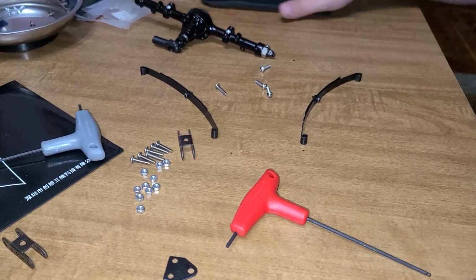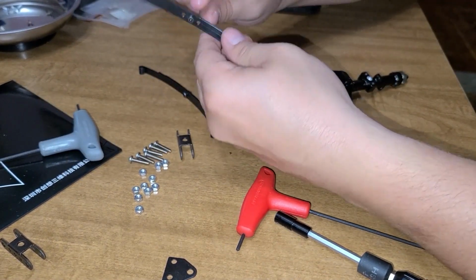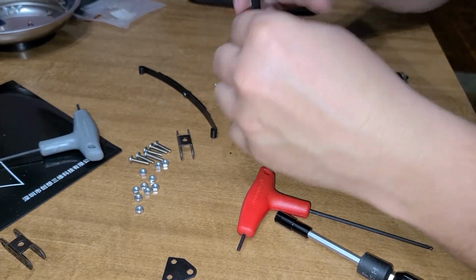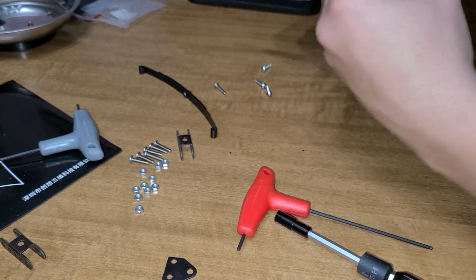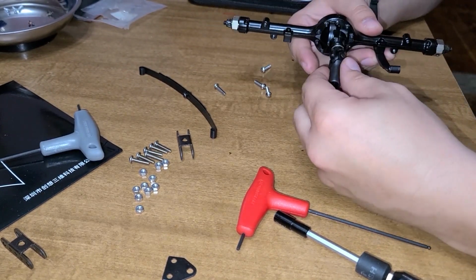So I made a mistake. I had the leaf springs just like this. I took the nut, turned everything upside down so the axle can fit like this, and then bolt to the truck like that, like this. So that way it looks like that. Didn't realize